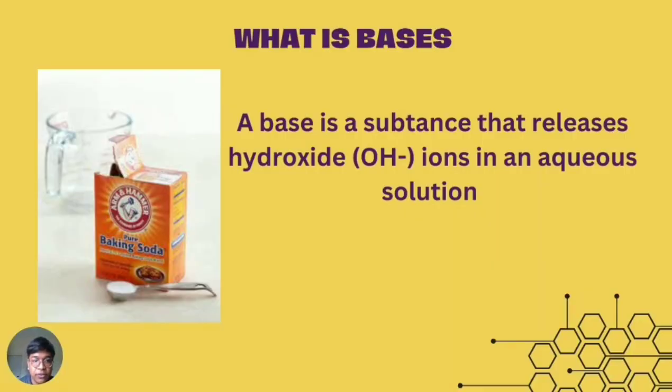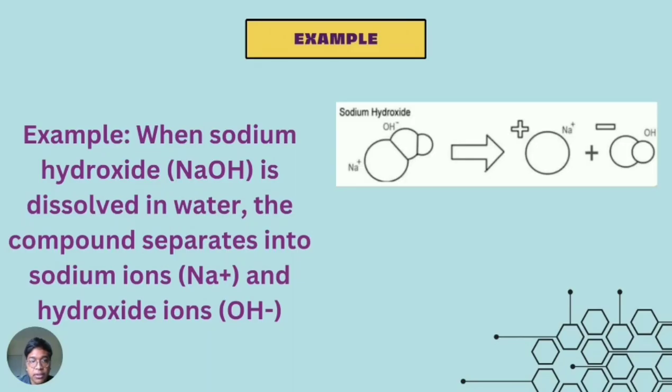Next, we go through what is base. A base is a substance that releases hydroxide, OH-, ions in an aqueous solution. Example, when sodium hydroxide, NaOH, is dissolved in water, the compound separates into sodium ions, Na+, and hydroxide ions, OH-. As you can see in the picture,